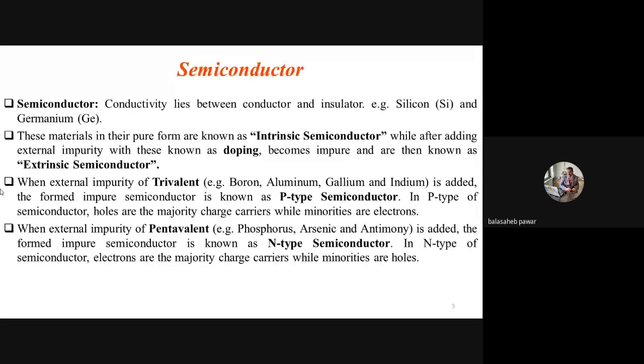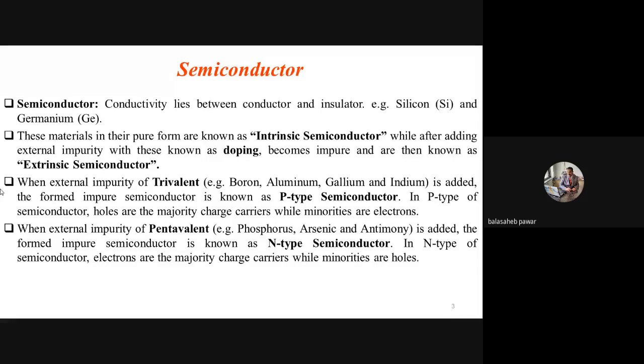In pure form, just like sand. Okay, silicon, the best example is sand. We extract silicon from silica. So is sand a conductor, insulator, or semiconductor? Remember, it is an insulator. So these materials, when available in their pure form, act as insulators. Whenever we add a few external or metal impurities, its conductivity increases, and then they do not remain pure insulators. In their pure form, these semiconductor materials are known as intrinsic semiconductors.